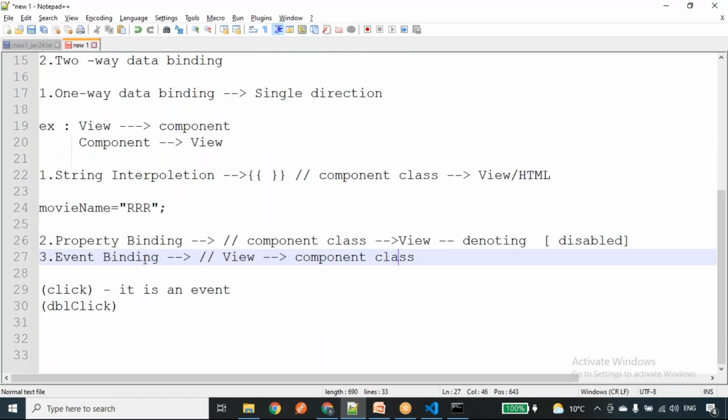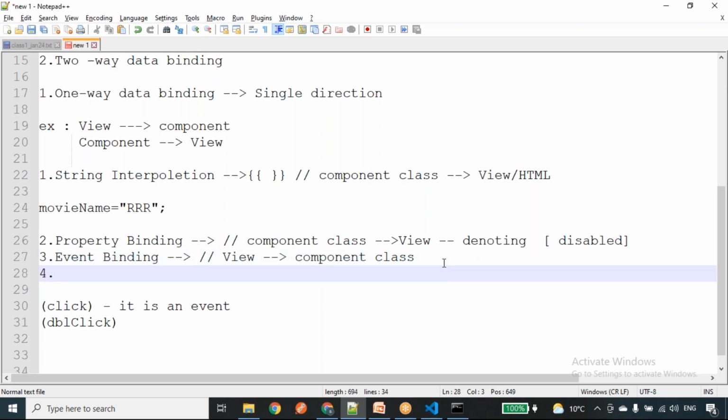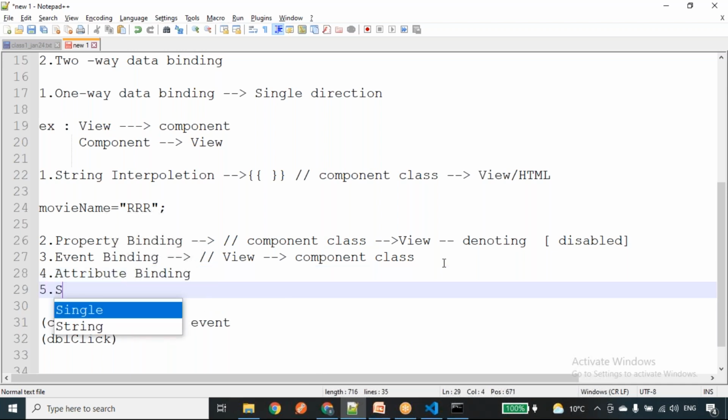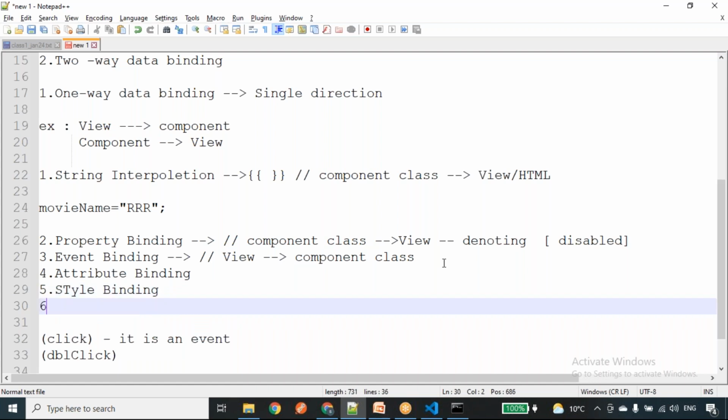Still we have a few more bindings like attribute binding, and we have the style binding, and we have the class binding.